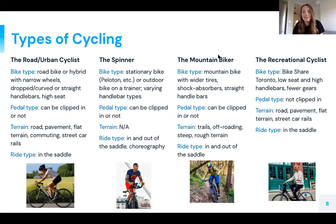And typically these individuals are riding with a little bit of a lower seat and higher handlebars. They're not clipped in, and the terrain is like road pavement, and we can't forget about the streetcar rails. Those are crazy. So you typically see that, and they're usually in the saddle. So I'm curious to know, based on these kind of broad categories, what type of riding, if you can put